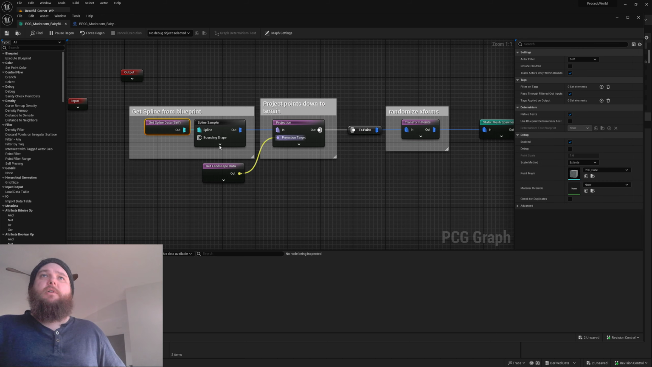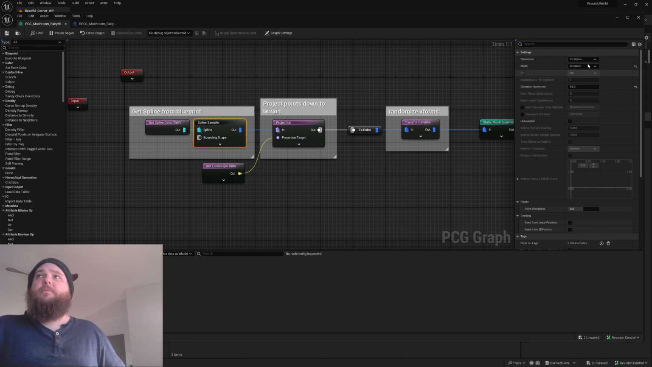But then we're going to get a spline sampler. I'm using onSpline, and I'm using distance. And then I have picked this magic number that works well for the assets I'm using. In the future, I'd love to do something cool like find the average bounding box of all of the assets in the asset mesh selection, but I'm not doing anything fancy like that yet. But taking this distance increment, passing it in as an input, and it finding that,